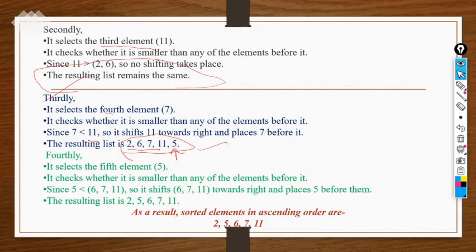So it is less than all these three numbers, so it will come here, and these three numbers will shift to the right. Last is this. In the last step, we will get the ascending order of the elements here. So our target is to take the minimum value element and compare it with the left elements. If it is the minimum among all these remaining elements, then keep it on the leftmost side, wherever is the well-suited position for that particular element.